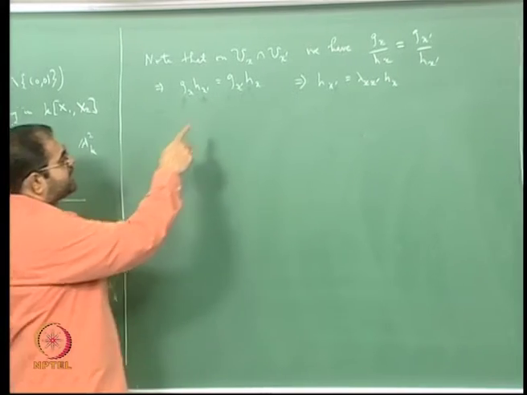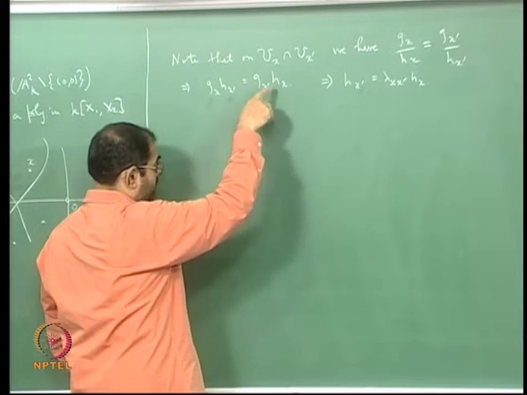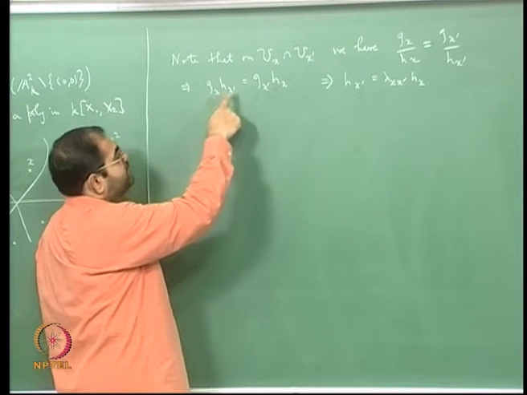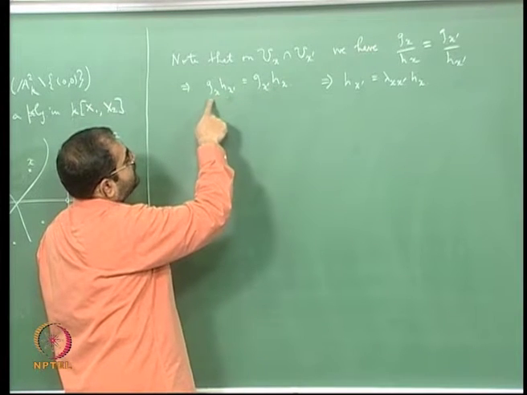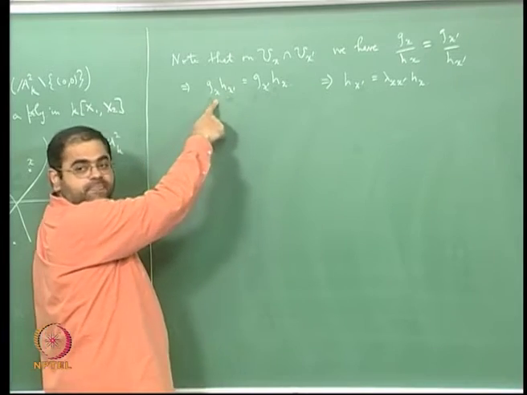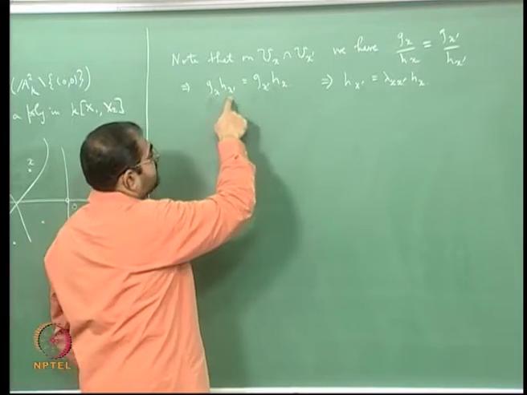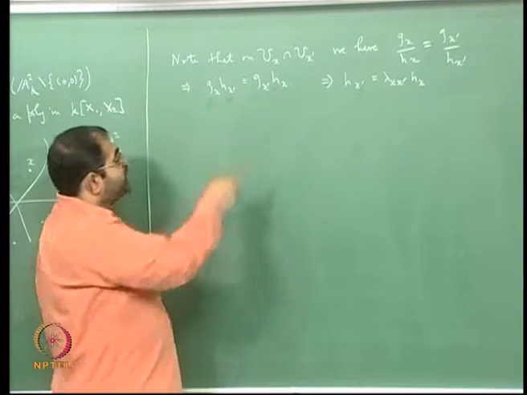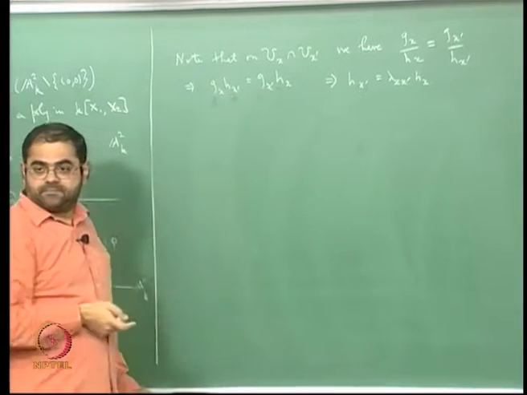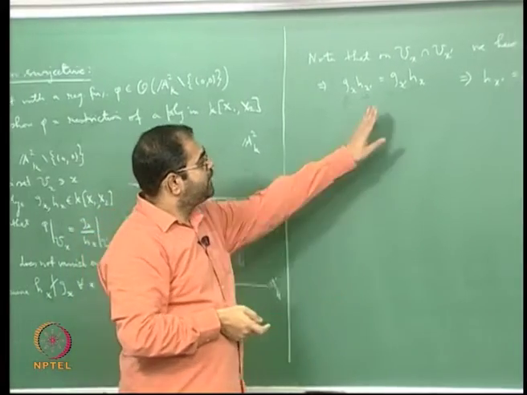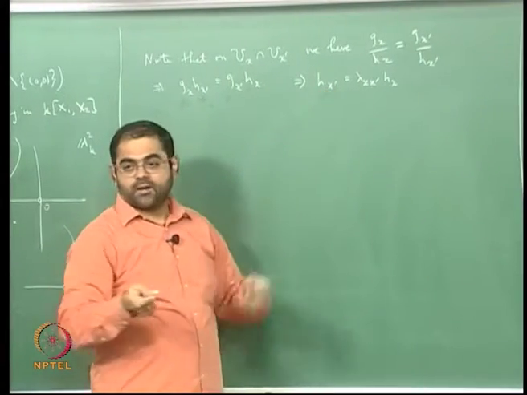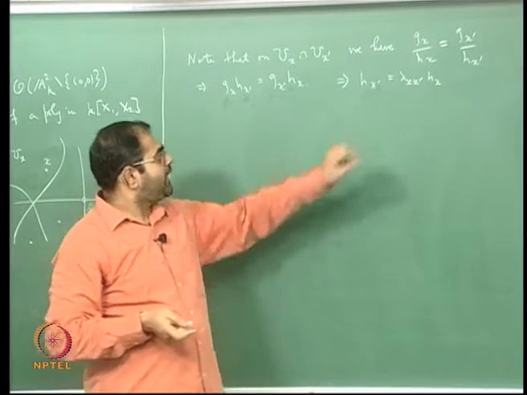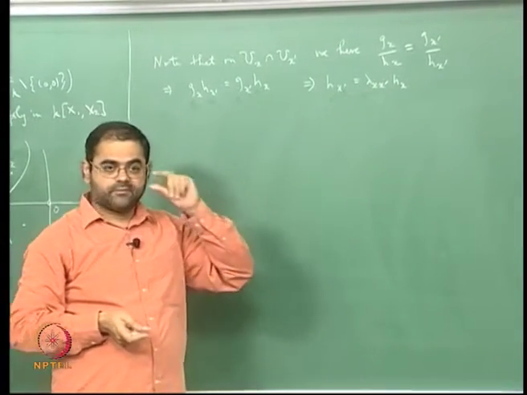That is because, let me again repeat the argument, Hx divides the left side, so Hx divides this product, so it has to divide either Gx or Hx prime, but it does not divide Gx, that is our assumption, so it has to divide Hx prime. But this argument is symmetric in x and x prime, so you will also get Hx prime divides Hx. Therefore if two polynomials divide each other they have to just be constant multiples of one another, and that constant of course should be a non-zero constant.